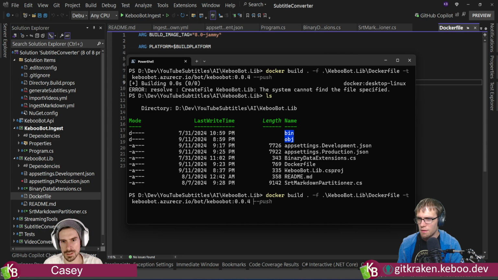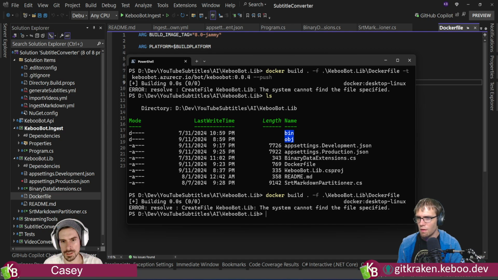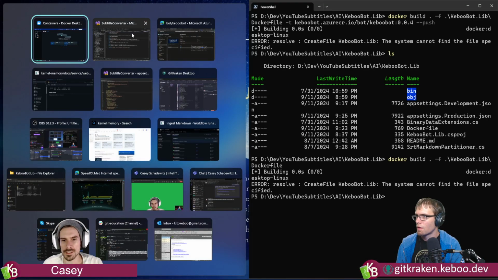Let's back some of this stuff off here real quick. Let's just Docker build. Okay. Hang on. System cannot find the file specified. Which file, darn it? I feel like it's wanting this, but can you put the Docker file and your terminal side by side, real quick? I know I'm asking a lot. I'm sorry.